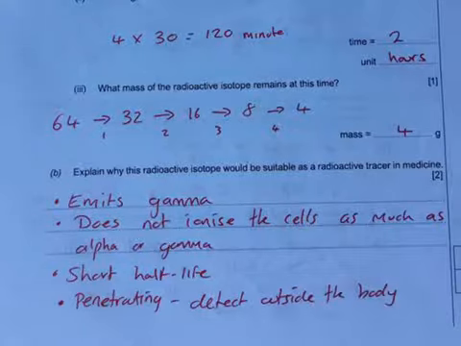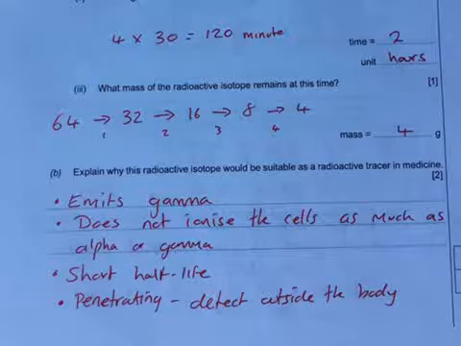Explain why this radioactive isotope would be suitable as a radioactive tracer in medicine. Well, because it's gamma, even though it's the most powerful, the most penetrating, it is the least ionizing. So it does not ionize the cells as much as alpha or beta. Alpha, as I explained in a previous video, has got a +2 charge because it spits out 2 protons, 2 neutrons. That helium nucleus is essentially after 2 electrons, and then